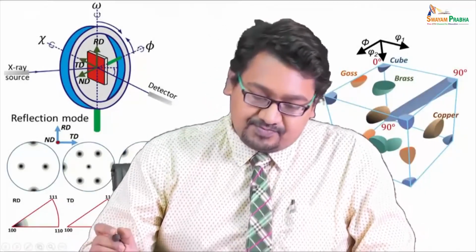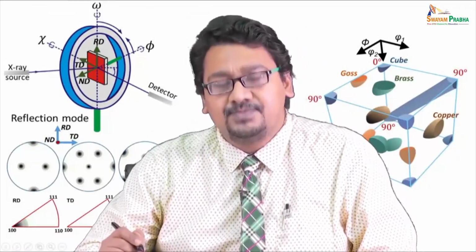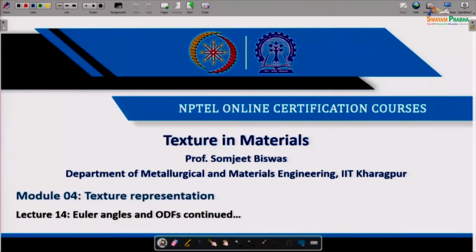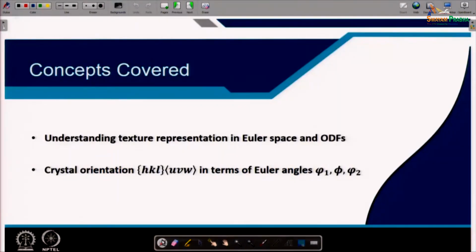Hello everyone, today we will continue with the lecture on Euler angles, Euler space and ODFs, that is, orientation distribution function. So, we are continuing with module 4, that is, texture representation for the course Texture in Materials. In this lecture we will cover the concepts regarding understanding texture representation in Euler space and orientation distribution function,